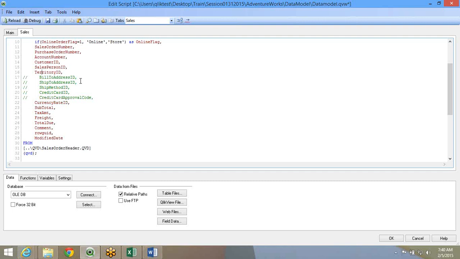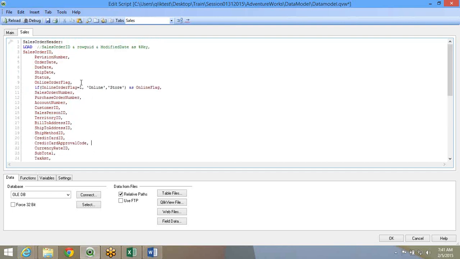Suppose it's a new field altogether in the database and you have to bring it, then you'll have to do the exercise all over of selecting the QVD, the file, the field. But unless it is new, the best practice is to comment it so that you can reuse it in the future. All you'll have to do is come back and uncomment it. So this is one of the best practices.